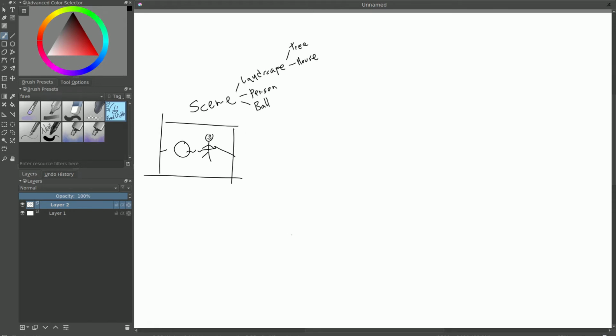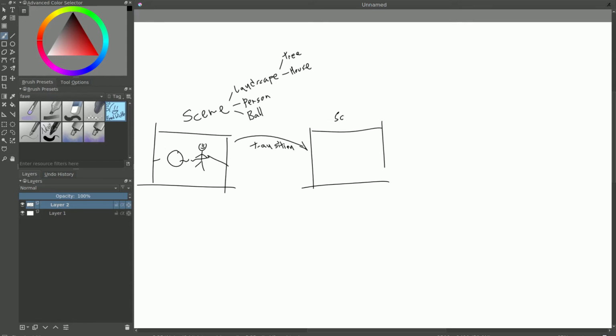Now, oftentimes what you need to do is transition between different scenes. The easiest example to explain would be if you change your maps. For example, the person enters the house, so you have a collision with the house, and now you need to load a new map, which is the interior of the house. So you need to transition to a new scene